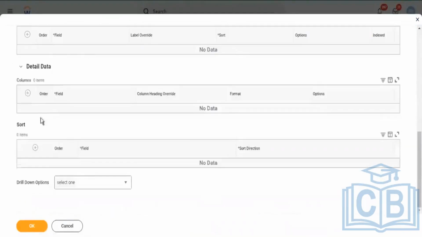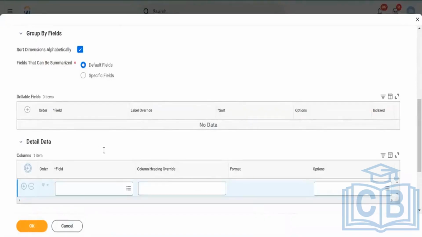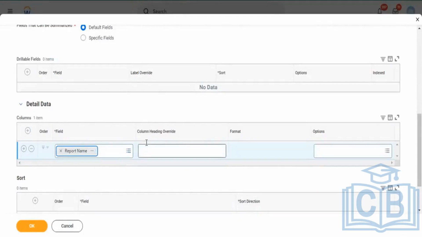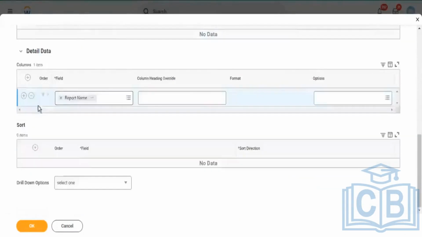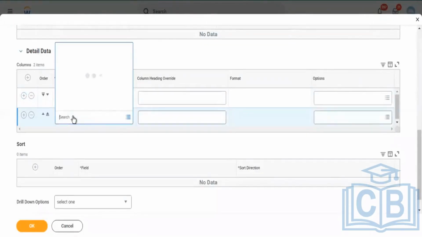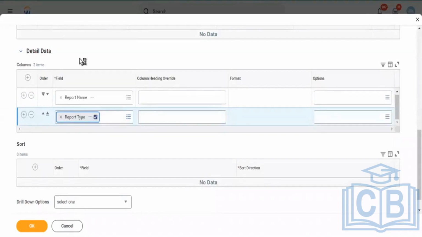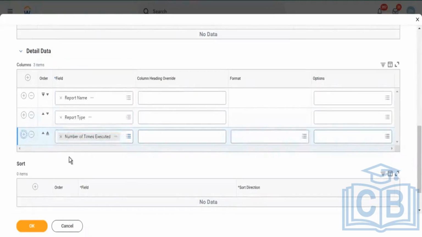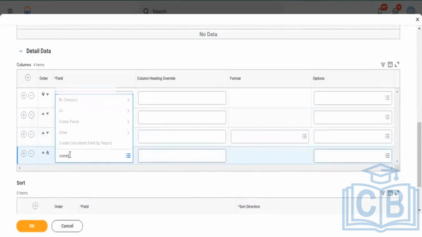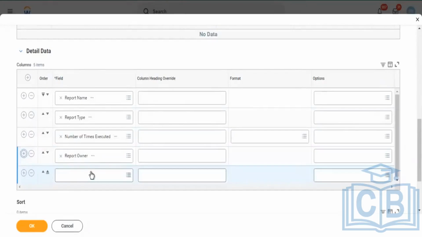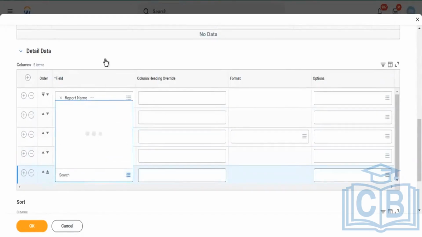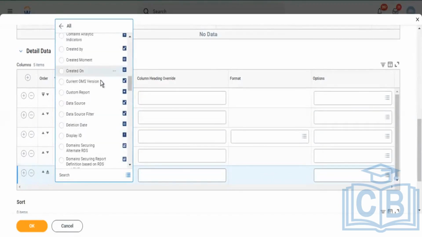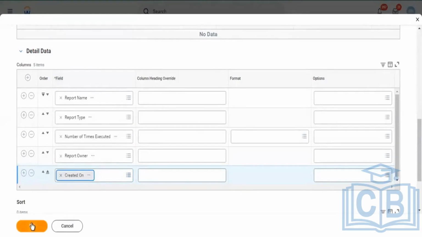I can come to the drill down tab and specify the details of my drill down. Now I want the report name. If you see, this is similar to how I built my advanced report. Under the drill down tab within detailed data, I can specify any detailed data. I am selecting the report type. I'm selecting the number of times that report was executed. And I can add any other value. For example, I am selecting the report owner. And any other value from this business object, I can come in here and it will show me all of those options. I want to see created on and so forth. Now, when I run this report,